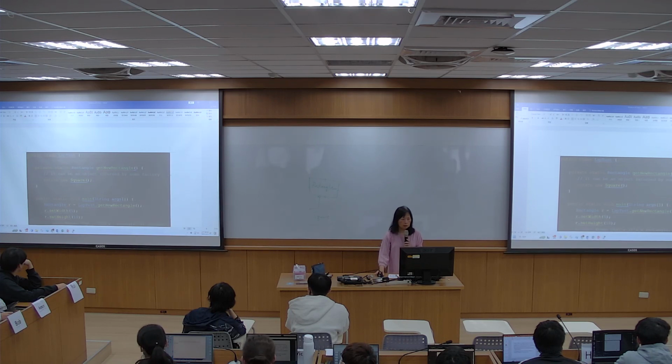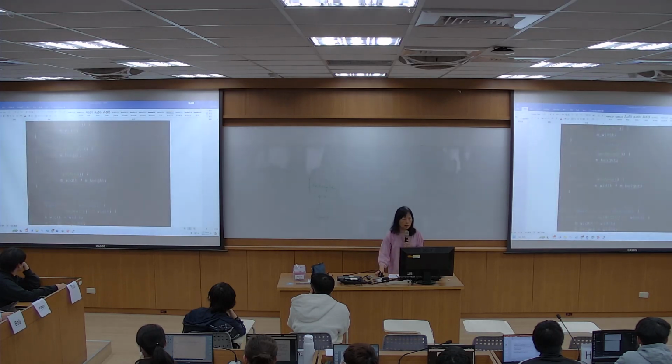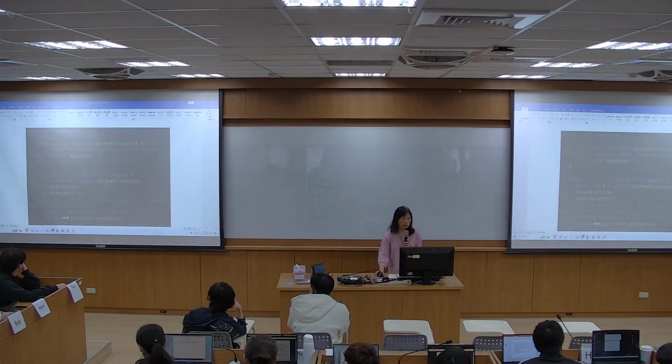So here, if it is a new rectangle, the result will be 50, all right? So for the rectangle itself, now it's a new one returned here. Get a new rectangle, return rectangle, right?